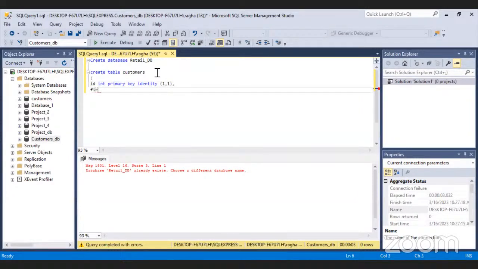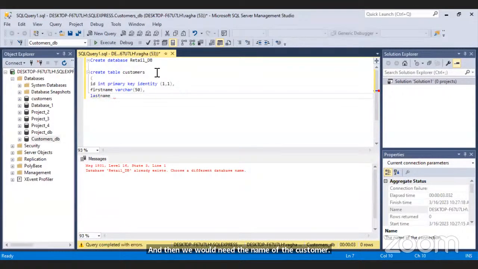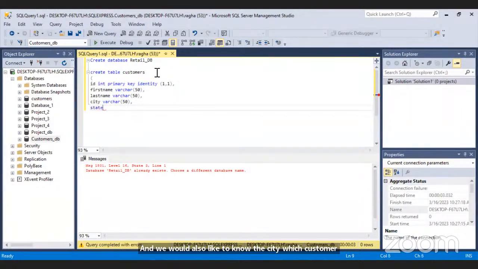And then we would need the name of the customer. And we would also like to know the city where the customer resides, the state.